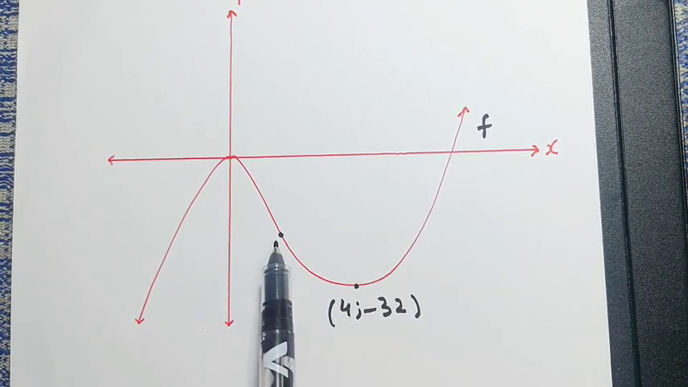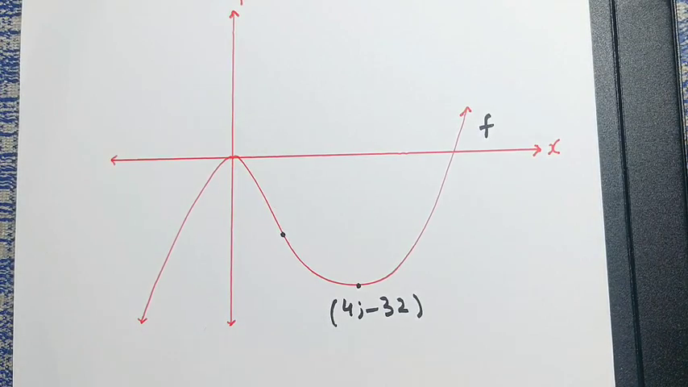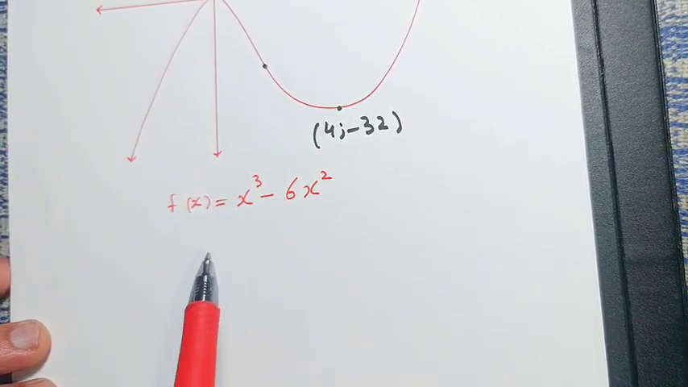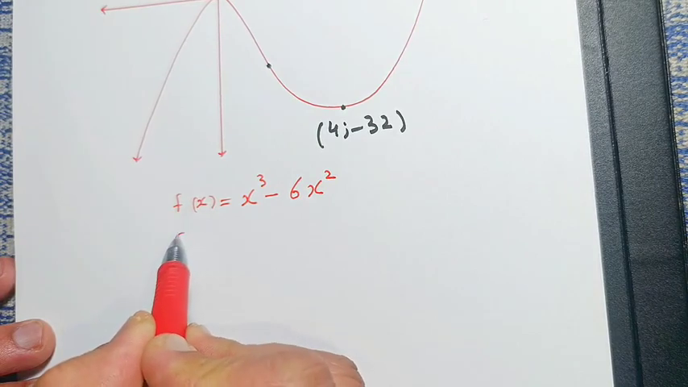This point of inflection, they will sometimes indicate it to you in the exam. They will give you the point, or sometimes they don't give the point. They just ask you to find the point of inflection. So this is the equation of the function, and now we need to find the first derivative,